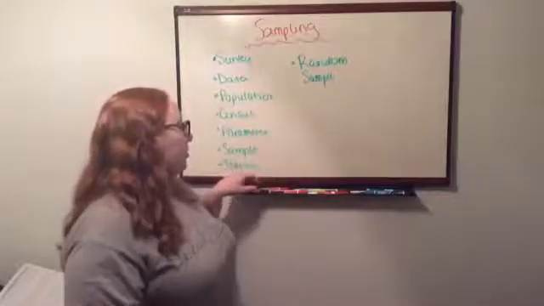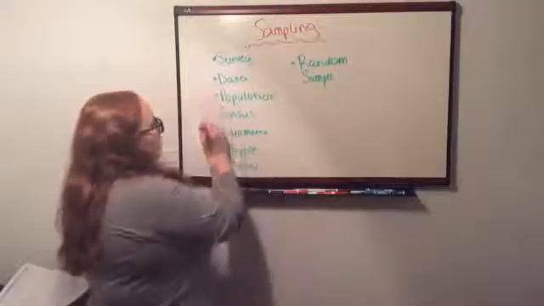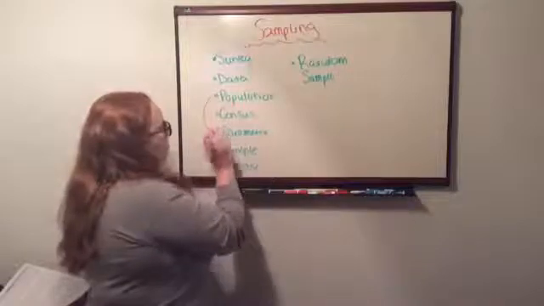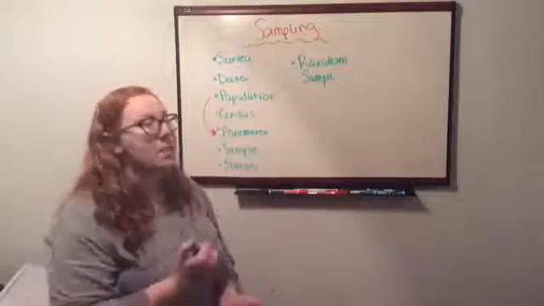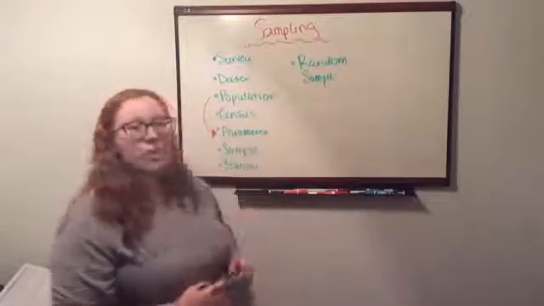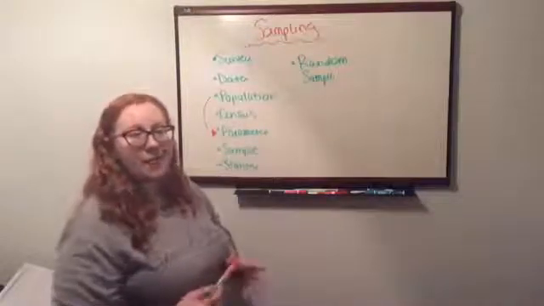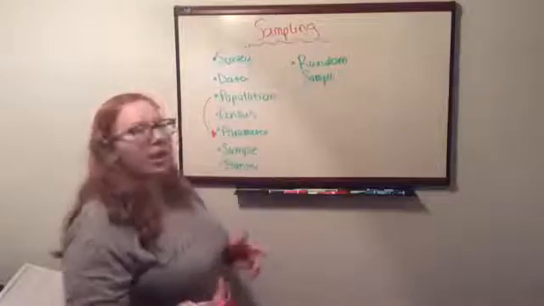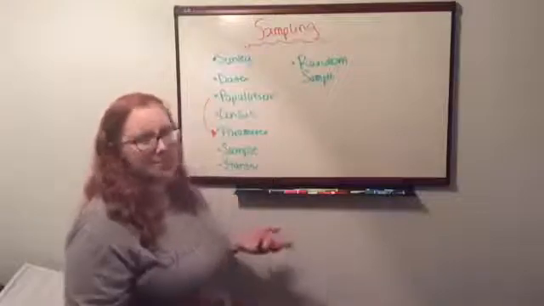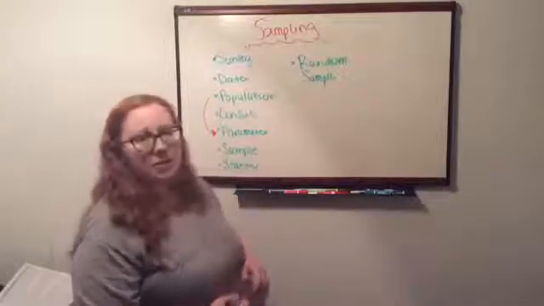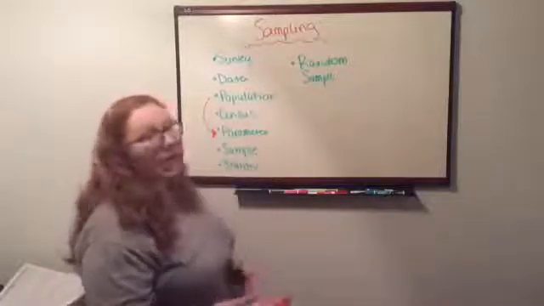Now population and parameter go together pretty closely. So I'm going to draw an arrow connecting those two because those are super important. I always remember it because population and parameter both start with a P. Parameter is just a way to characterize the population. So going back to that example about the class in the school, your parameter would be Miss Billings' class or Mr. Smith's class. Whereas the population would be, I don't know, Jackson Elementary School or something. I don't know, I just came up with that.